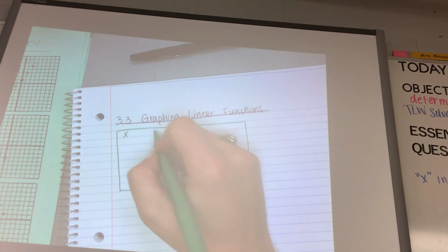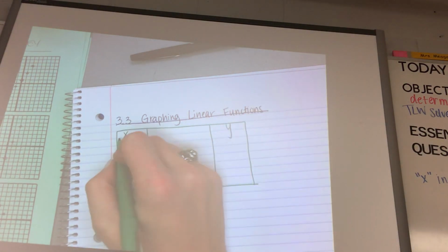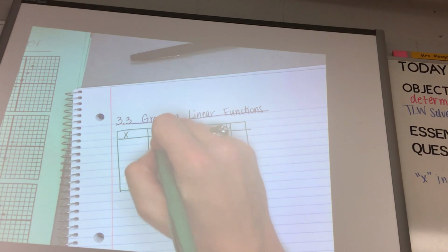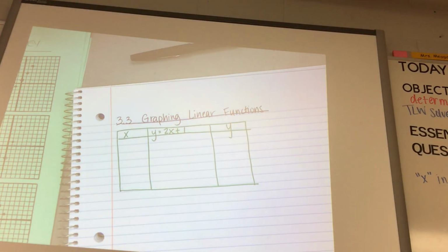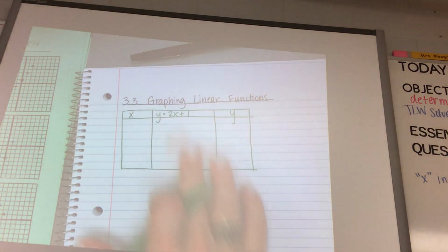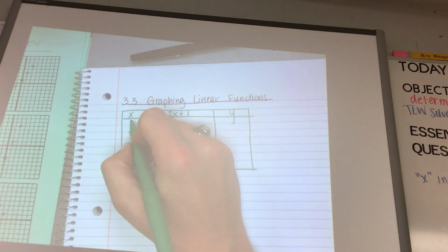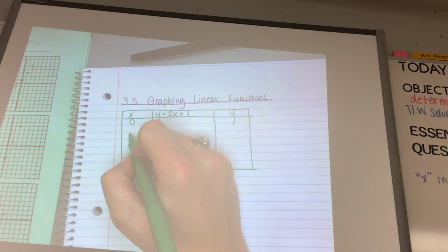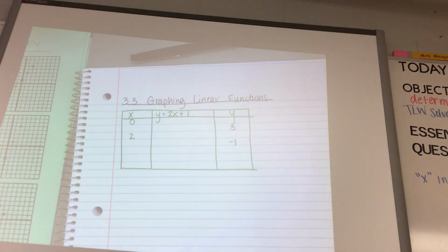We have an X column, a Y column, and in the middle, I'm going to put the function y equals 2x plus 1 in this case. All right, so here's our function. I'm going to give you the x coordinate sometimes, and I'm going to give you the y coordinate other times, and you're going to use the function to try to give me the other value, what's missing. So go ahead and fill in that chart, and we'll start with number 1,